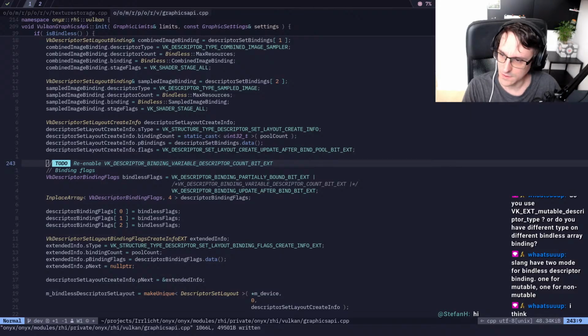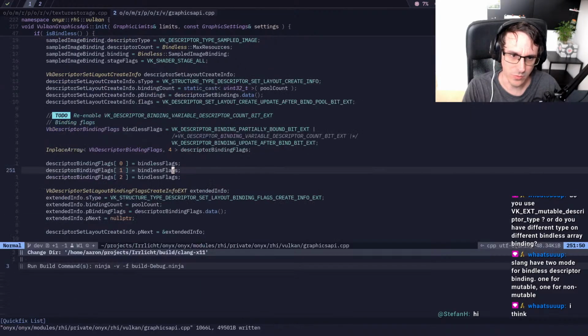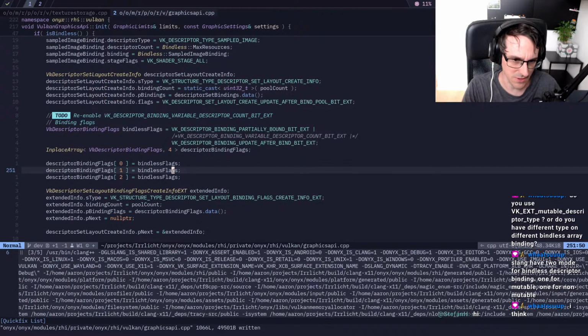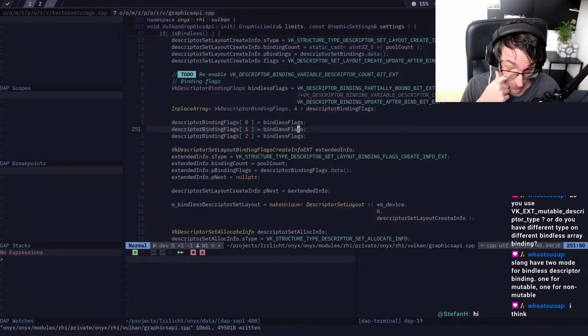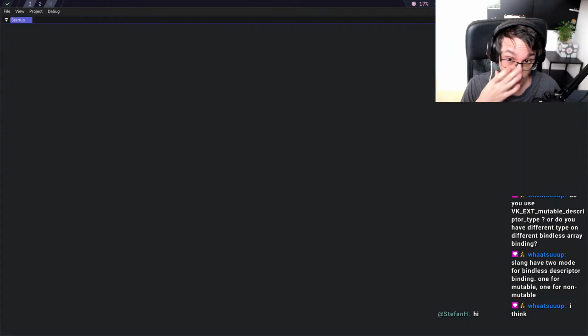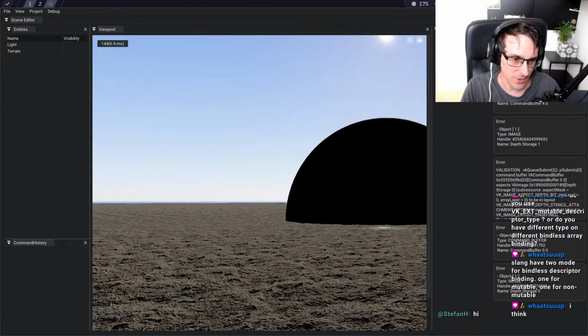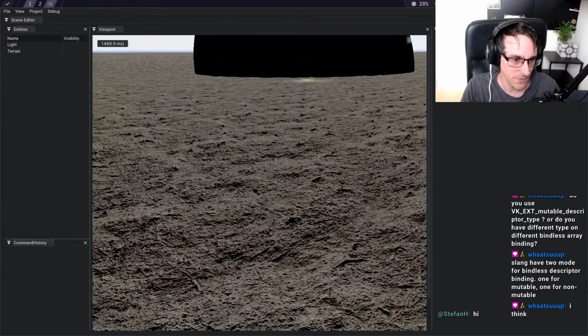And I think the mip mapping now kinda works. We can still tweak it. But yeah, the mip map should work. It's now, I think, the normals that are still an issue. I'm not quite sure why. Okay, yeah, that looks